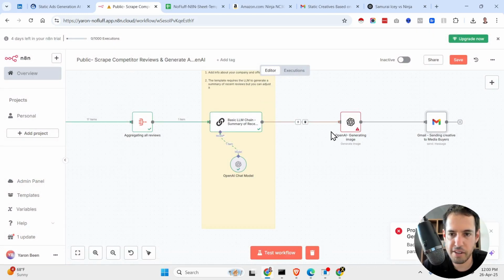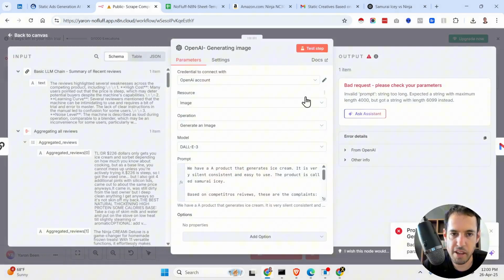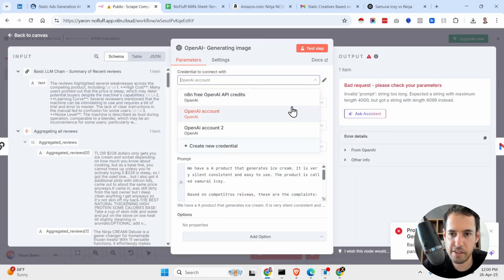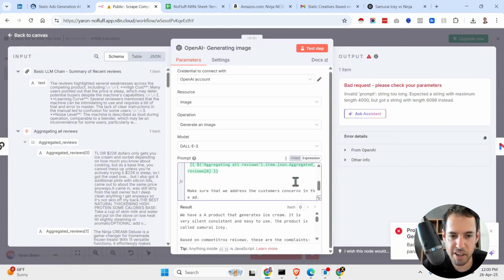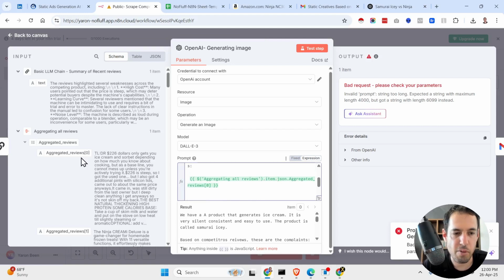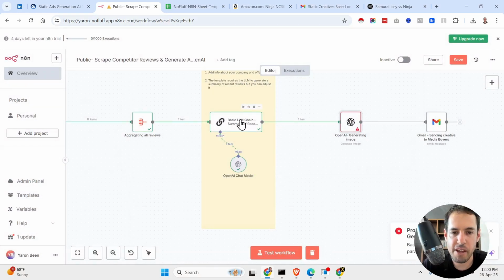Let's see. Prompt string is too long. Okay, so in this instance, the prompt string is too long. It's fun because I didn't encounter this before, but probably you need to ask the LLM to generate a very concise summary so it won't be too long,